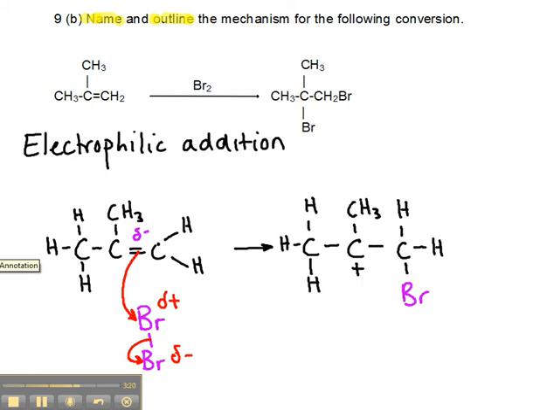Okay. Now, we also have the other bromine which had an extra electron in the mix, so to speak. And if it's got an extra electron, it's got a negative charge. Now, you've got a formal positive charge on the carbocation that we formed. This is a secondary carbocation because it's attached to 2 other carbons, and you've got a negative charge on the bromine. So this bromine will now be able to attach itself here, and then you would form your